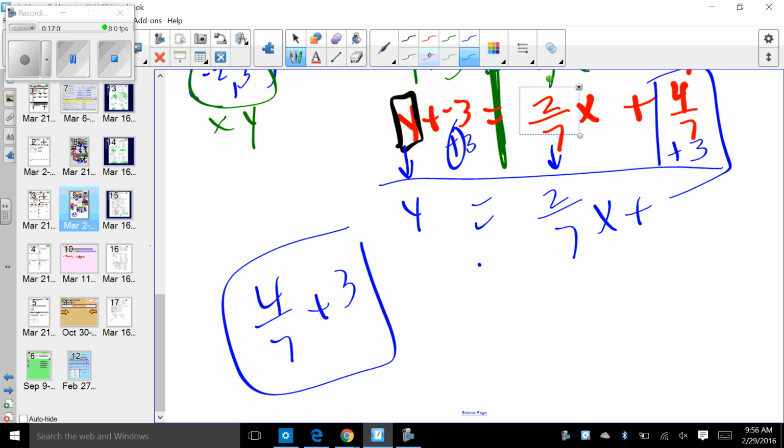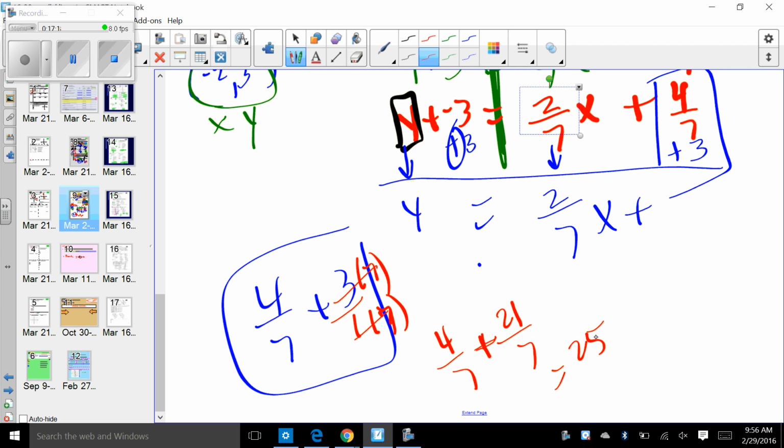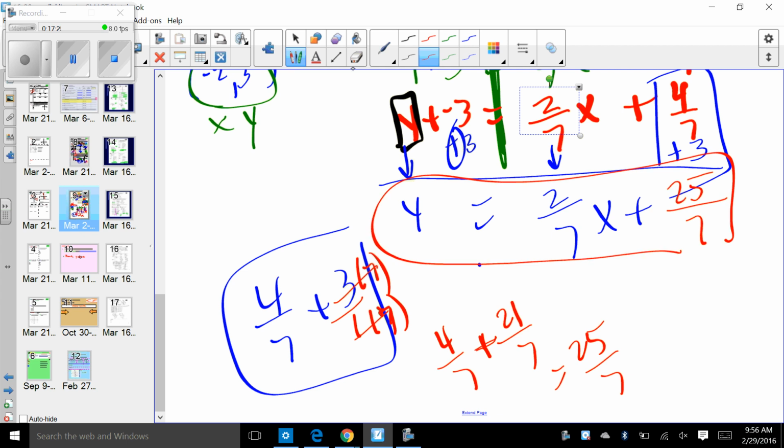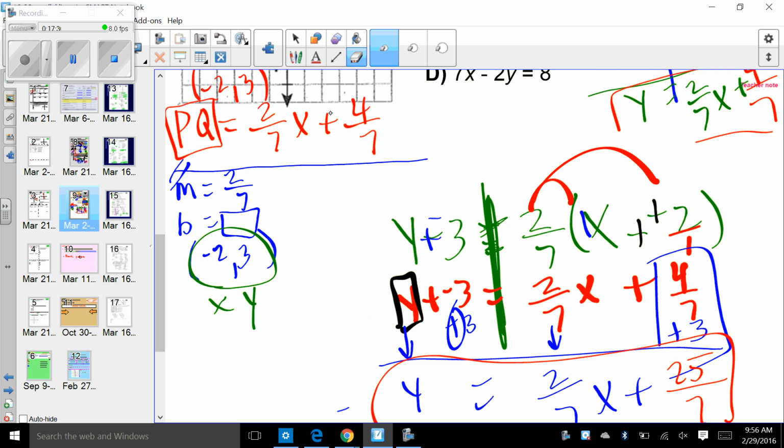Working on that. Finding a common denominator, I'm going to multiply this by 7, copy, paste. So that ends up with 4/7 plus, that becomes 21/7. So that becomes 25/7. So my equation is y equals 2/7 x plus 25/7. All right, so I'm going to erase all this stuff. So my two lines that are parallel are PQ, which is y equals 2/7 x plus 4/7. I'll go ahead and highlight that in yellow,